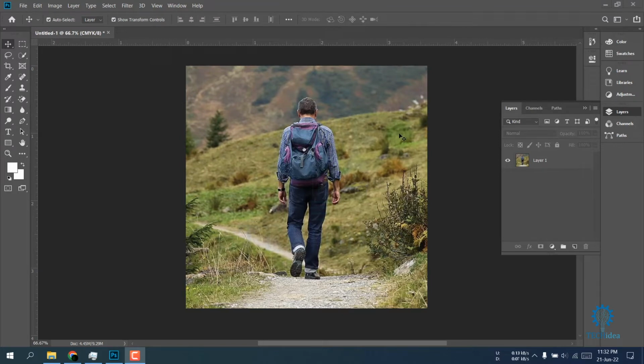Hi, today we are going to see how to change background color in Photoshop. For changing background color, first open your image in Photoshop. Then